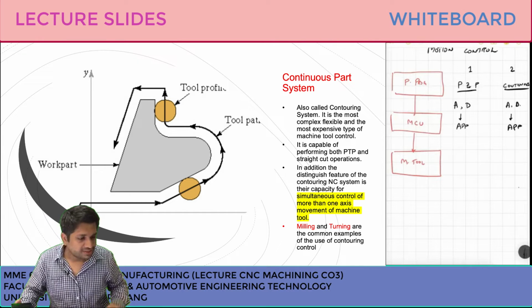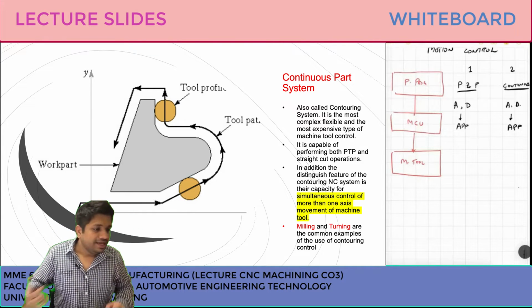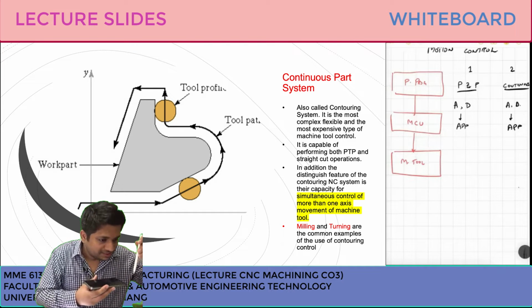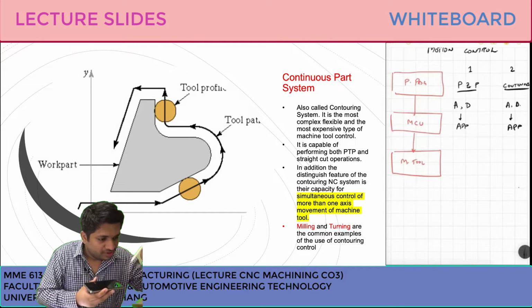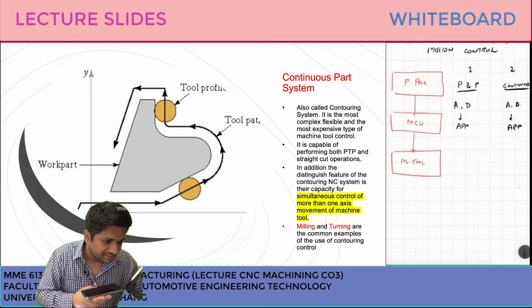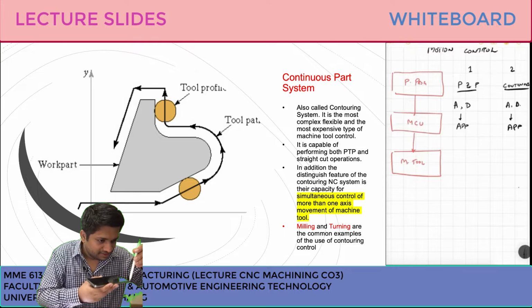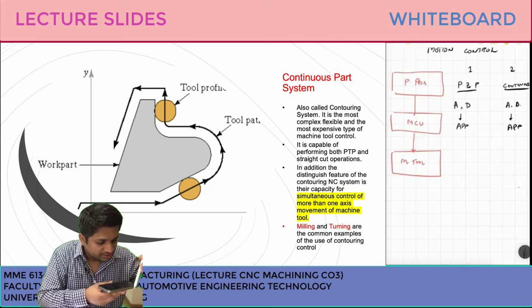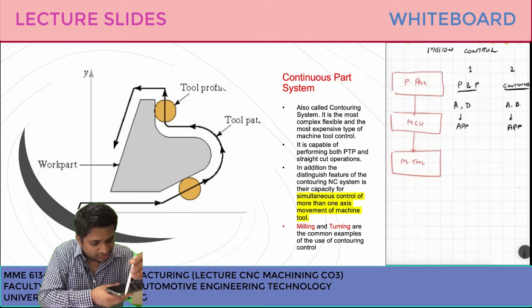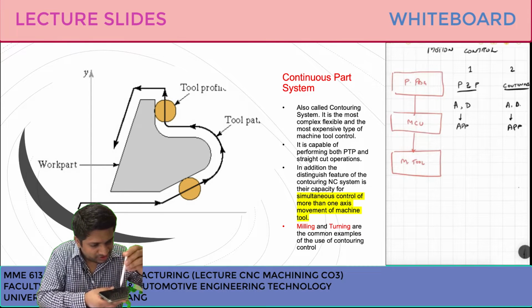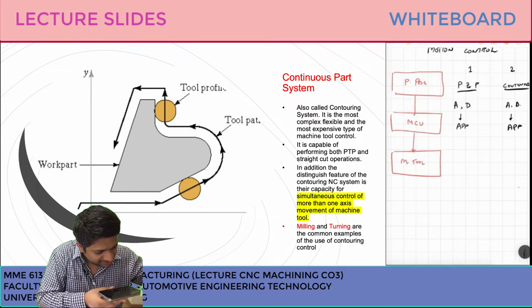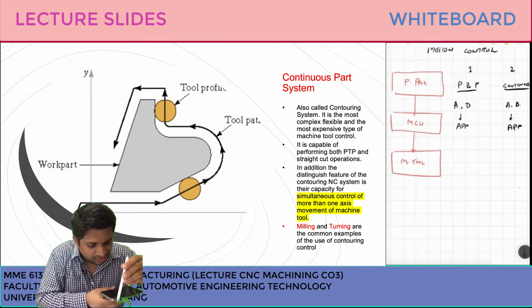Now let's take a look at what a continuous system is and why we need it. In a continuous system, the moment I start my tool path, the moment my tool moves, it starts the machining process instantly. So let's say my tool is touching this workpiece, then the moment it moves, it follows the path. This is called contour machining. It follows the path that it wants to machine and starts removing the material. It will not jump and then start machining. No, it will immediately and continuously machine the surface or the periphery.